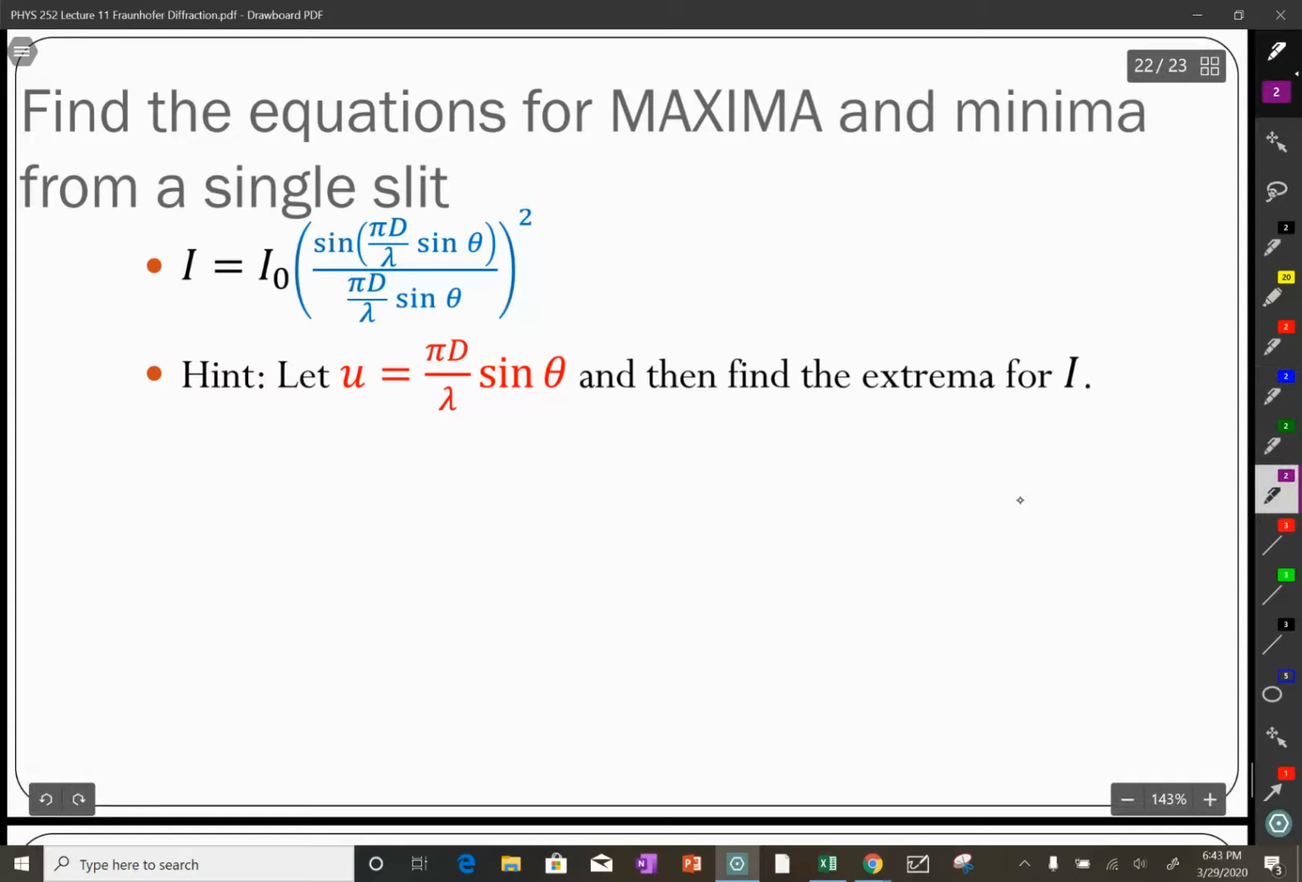So the first thing is I'm going to let u equal this. Why? Because it makes my life easier. This is then just I0 times sine squared of u over u squared. And so if I take the derivative of that, to find minima or maxima, I take dI d theta, evaluate at theta 0, is equal to 0. That is the way we find maxima or minima. And so that's going to have the I0, and then the derivative of the sine squared u over u squared is going to be